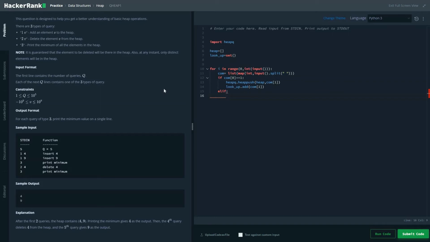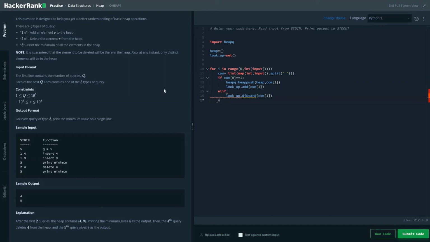So you need to be very careful. Here that's not possible according to my understanding. If you guys find a way of deleting a particular element from a heap queue, then you can tell me. So here we would be adding lookup dot discard the value, so it would be command 1.